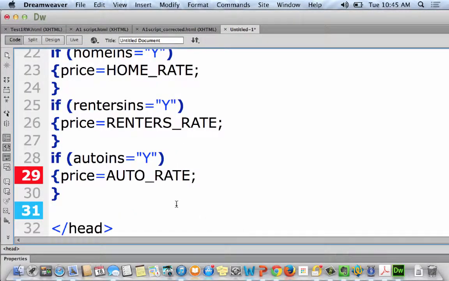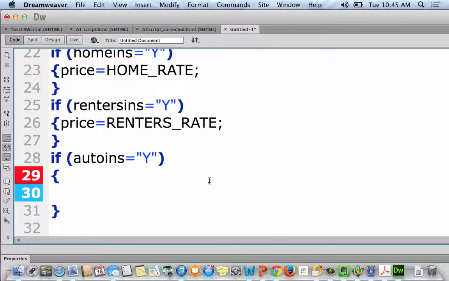So we would do another prompt. If auto insurance, so that's going to go right inside. Oops, we can't figure auto rate yet because we have to say then prompt, number of vehicles, oh my goodness, num